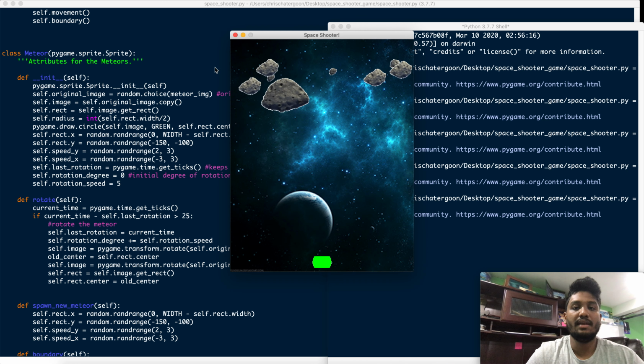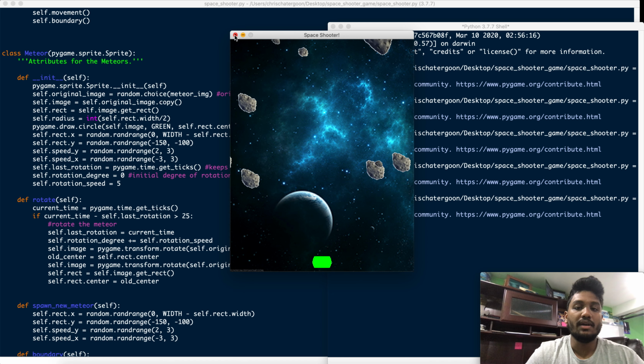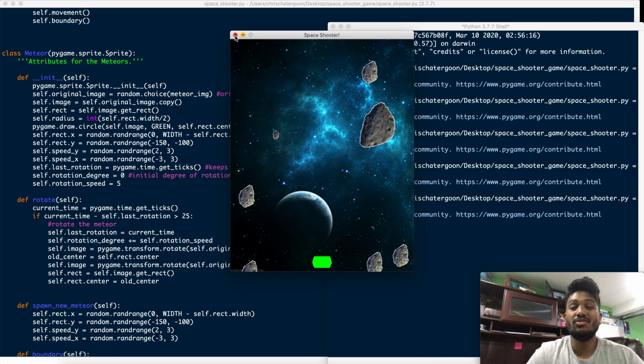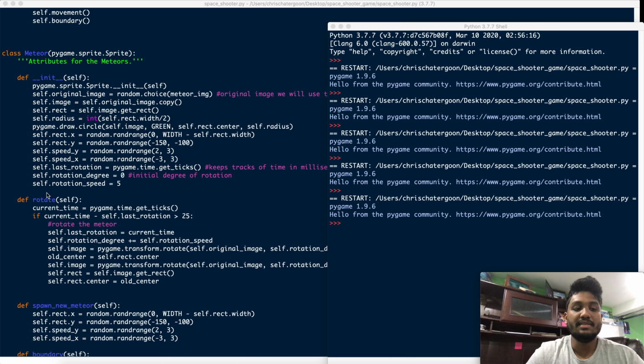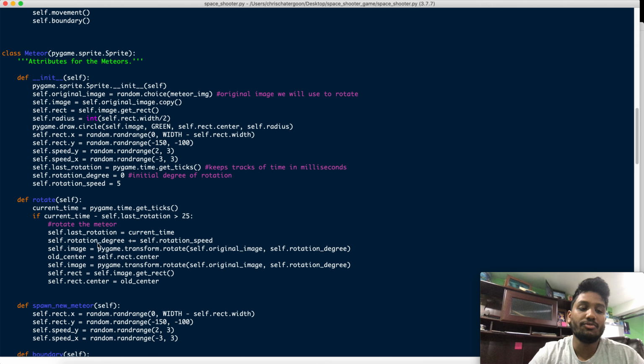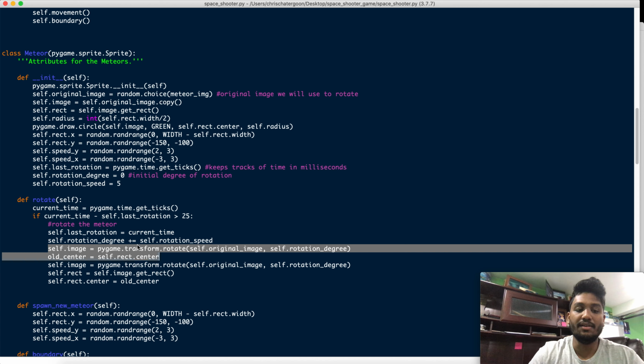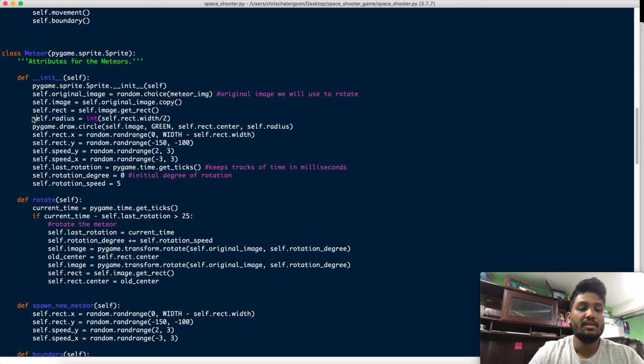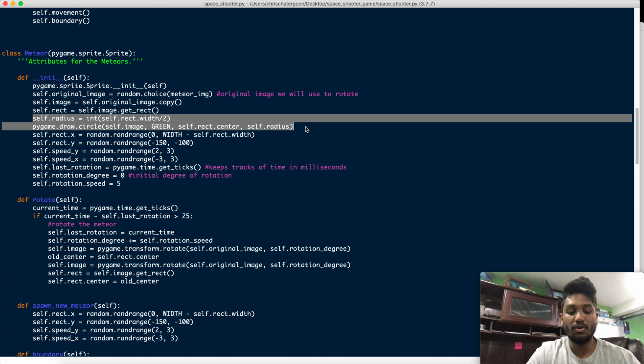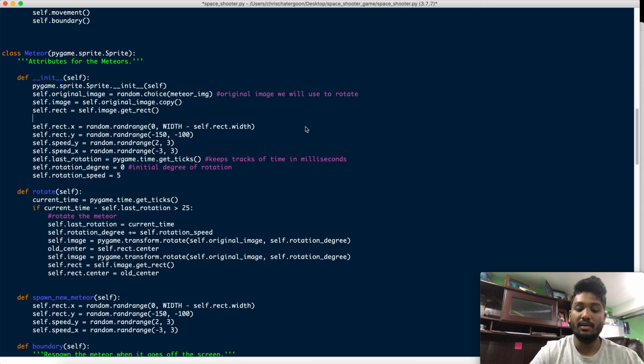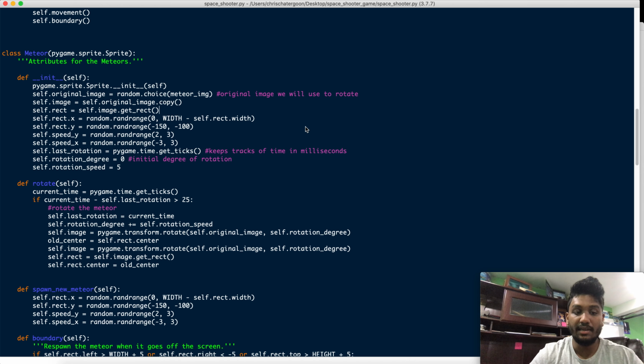So you see, there's nothing happening there. The reason why is because we started to rotate them, which means that the new rectangle around the images, every single time that it rotates, we're actually creating a new image and having a whole new center over here. So this self.radius and these two lines of code, only because we already started to rotate the meteors,